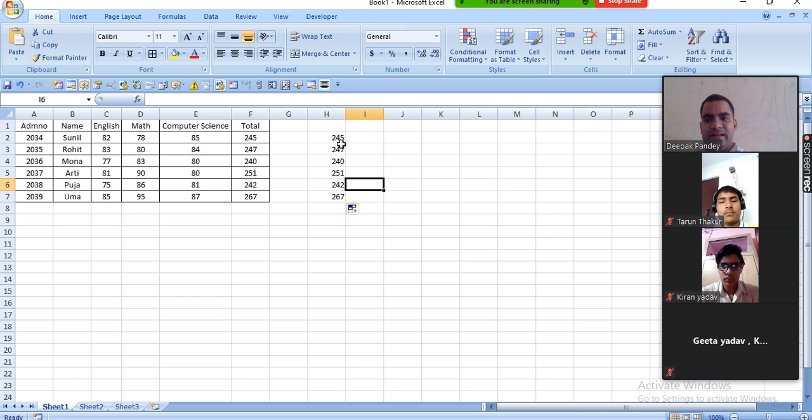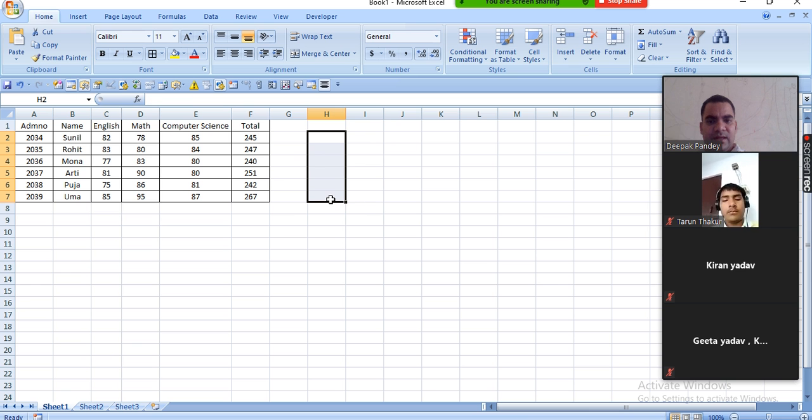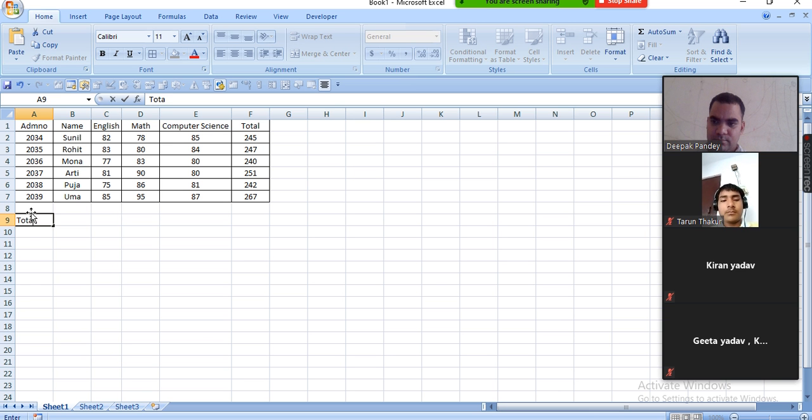Let's do some other thing. I'm telling you one thing that is very important. Let's type Total here as well in this field, and we want the total subject wise: English, math, computer science, all that.